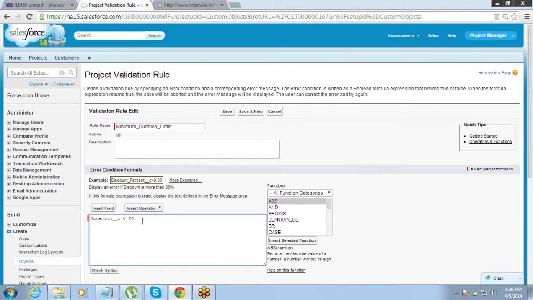Here we want to check two criteria, so we'll need AND logic. The first logic is if duration is less than 20 AND rate is less than 100. So throw an error if the duration is less than 20 and rate is less than 100. So this will work.